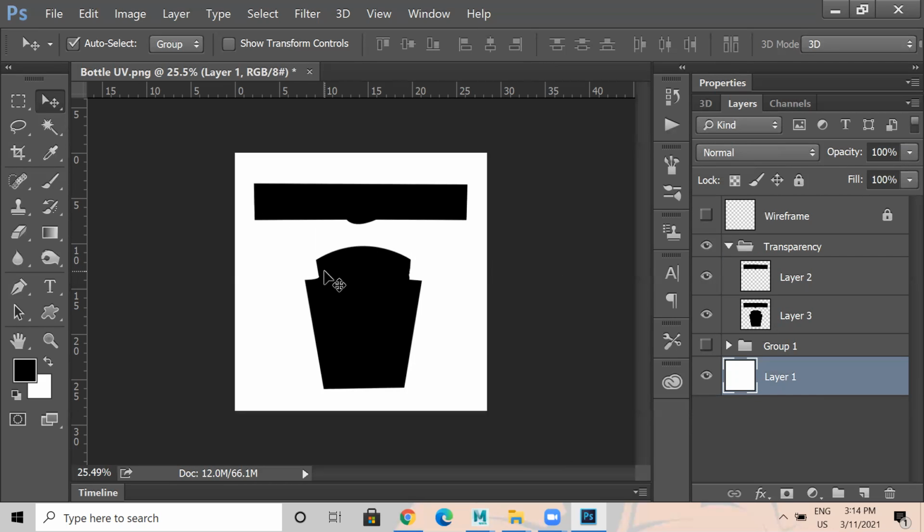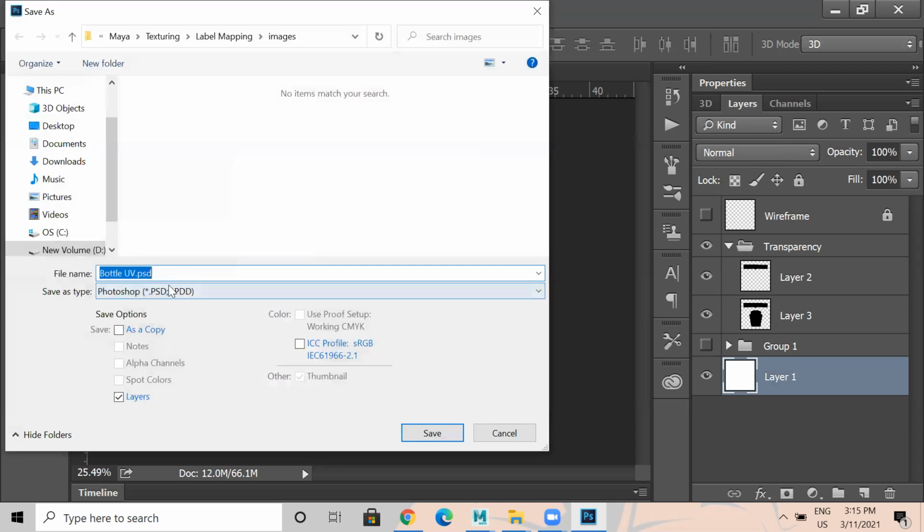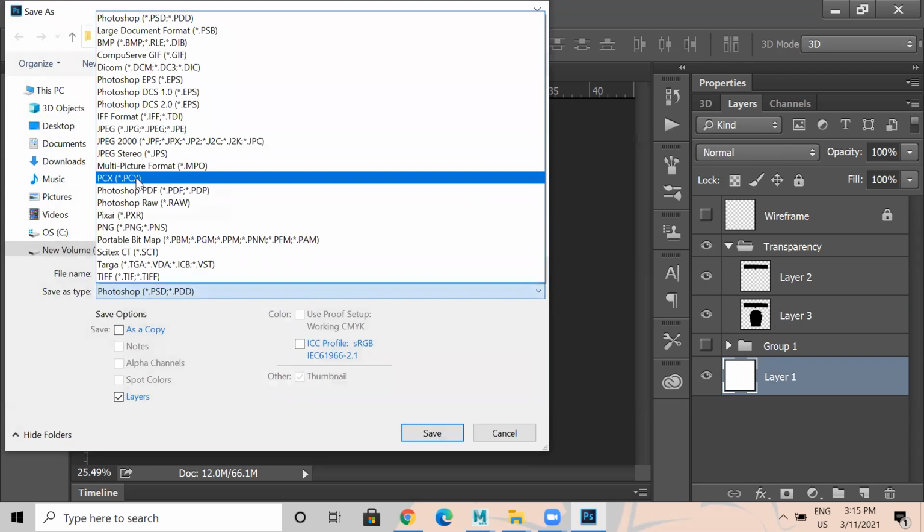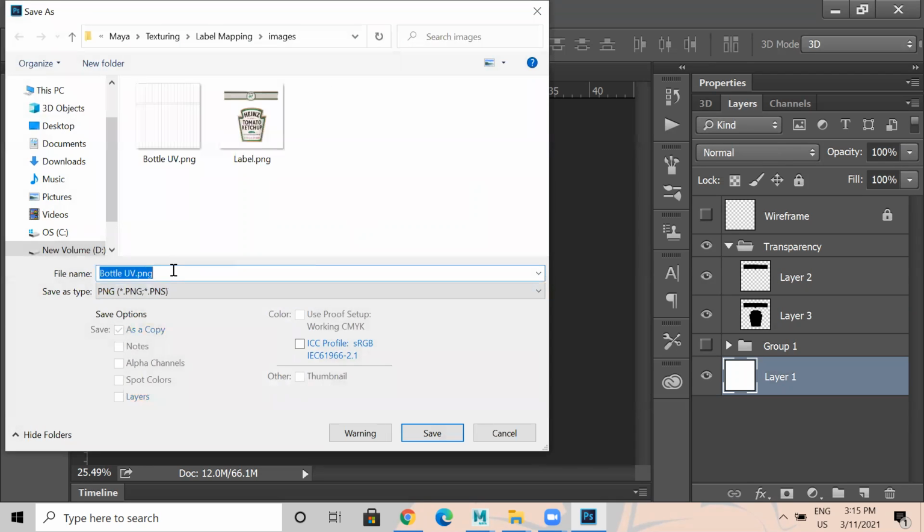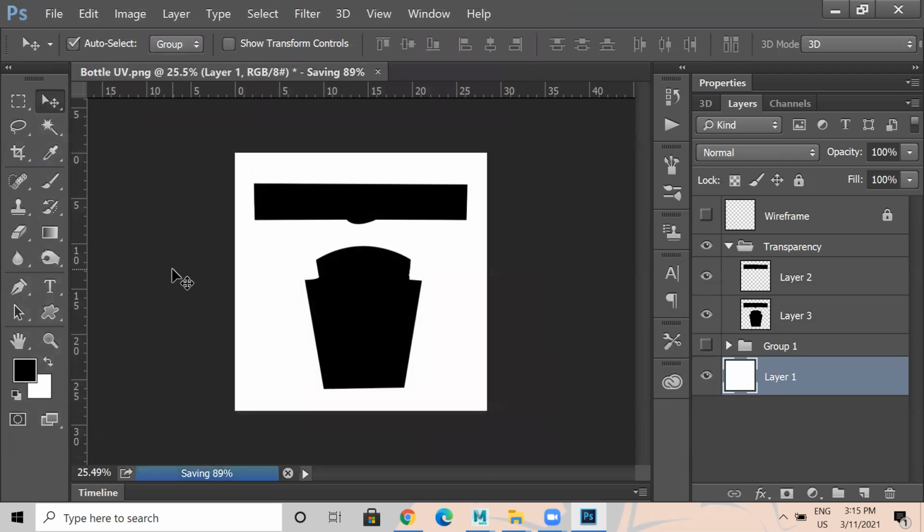Okay. Now save this as label. Okay, save this, I need a PNG only. It's in PNG. Save this file as label transparency. Got it? Simple. I don't want color. So make sure this is black and the rest is white.